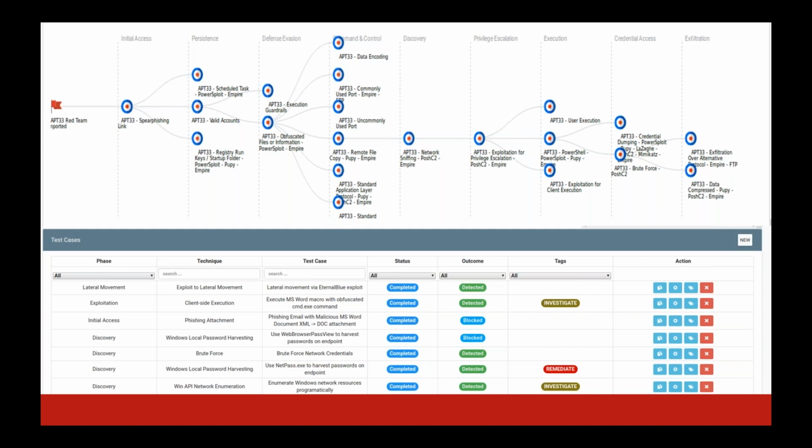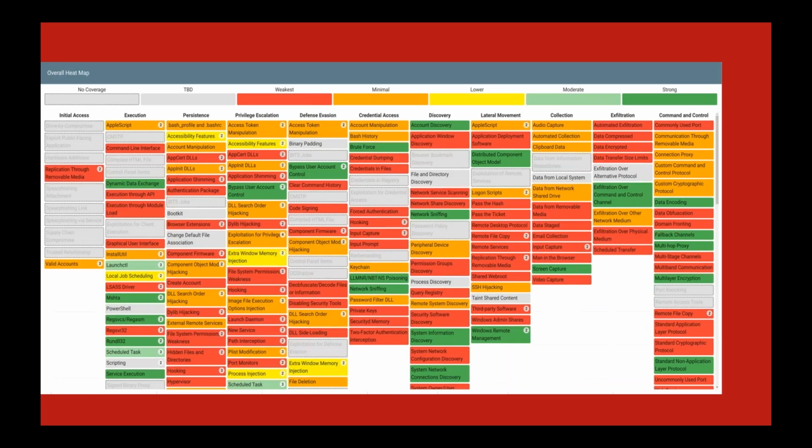On the bottom, you have different test cases as well, along with their status. Did you complete the test case? What was the outcome? Was it detected or was it prevented? Remember, a lot in MITRE ATT&CK will be detected, not necessarily through an alert, but may be detected, and really what you want to do is put these chains together, these attack chains. It also allows you to create these heat maps. Heat maps are good to have an idea of where you stand. By the way, all of this is